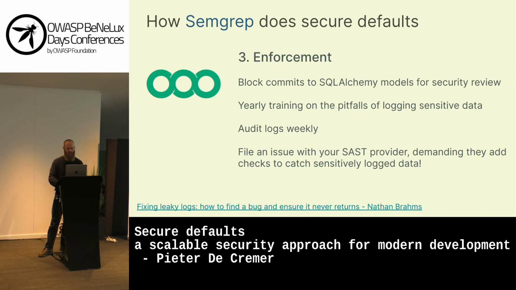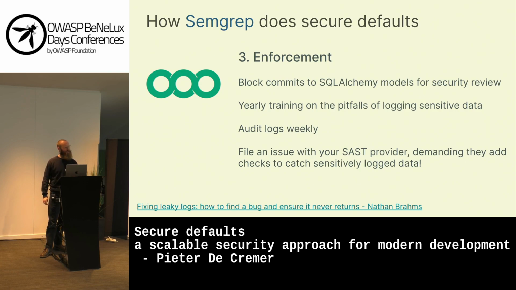Obfuscated strings should be used, but how will you get your developers to do that? Some options are, well, every time someone makes a change to a SQL Alchemy model, they need to flag it for a security review. Or maybe you could do a yearly training on the pitfalls of logging sensitive information. Or you could look at the logs every week to make sure nothing is being logged. Or you can maybe ask your SAST